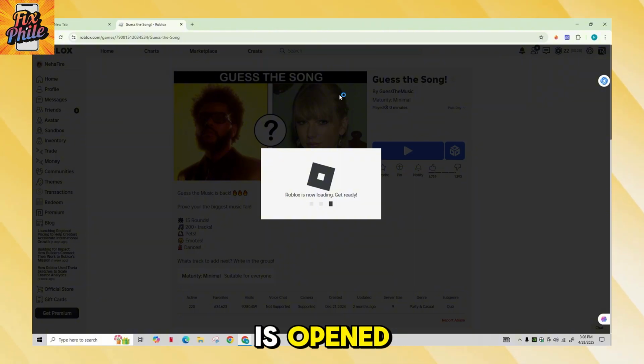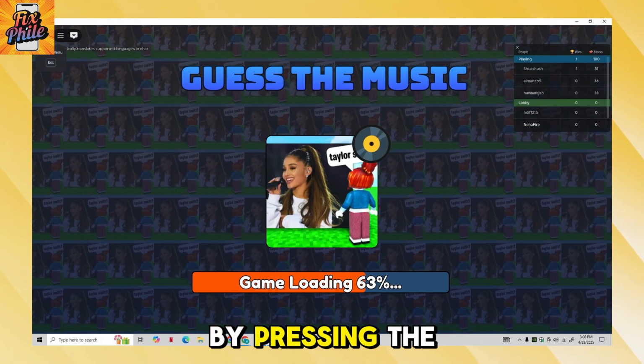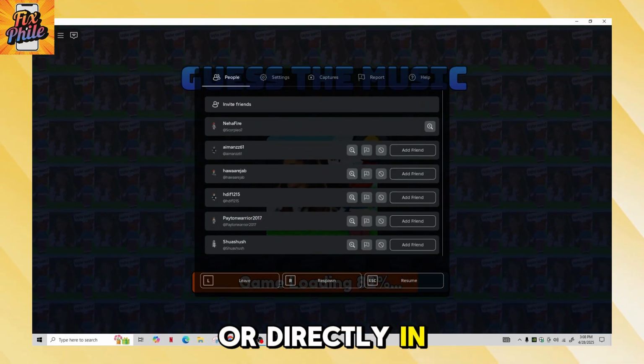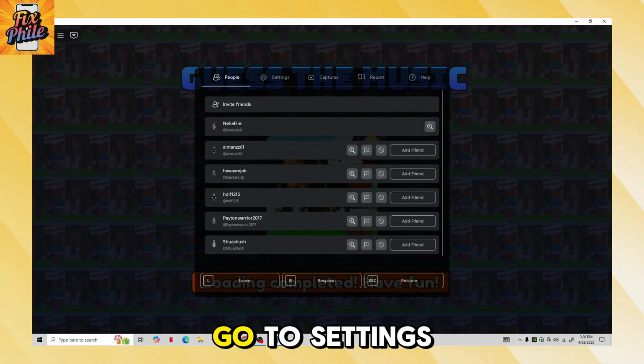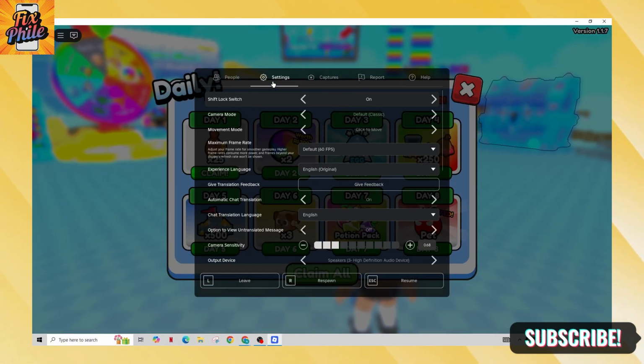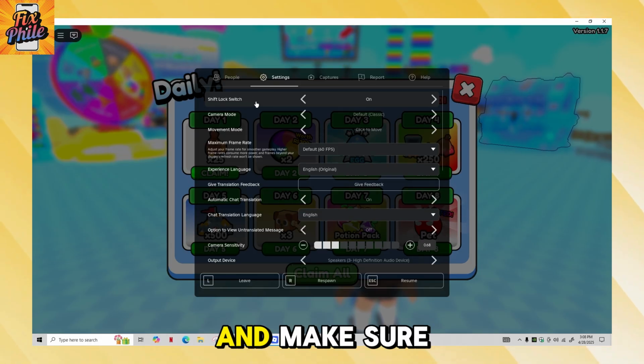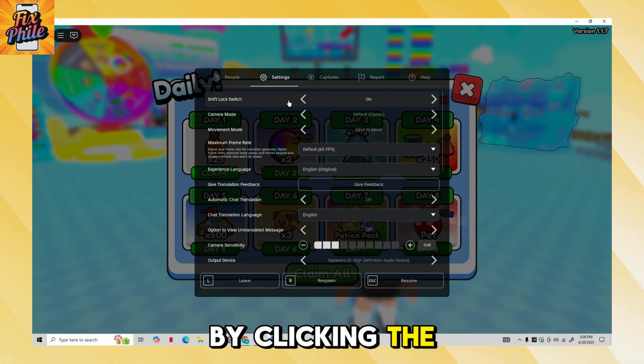Once the Roblox is opened, tap on the Roblox logo in the top left corner of the screen by pressing the escape key or directly on the logo. After that, go to Settings that you will find between People and Captures. Now hover your mouse to the Shift Lock switch and make sure that it's turned on by clicking the arrows until